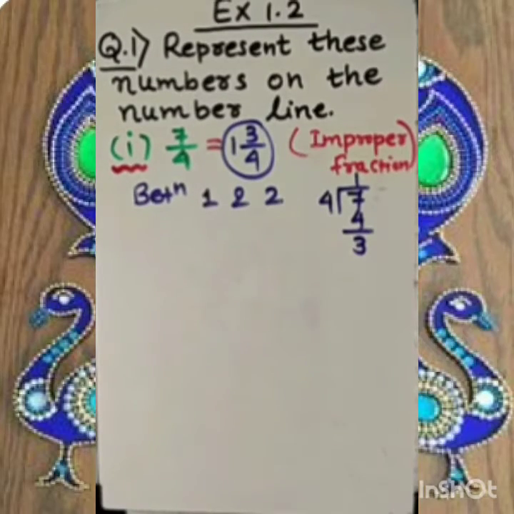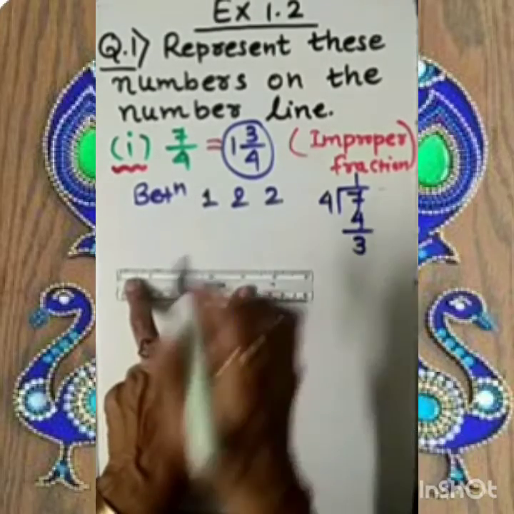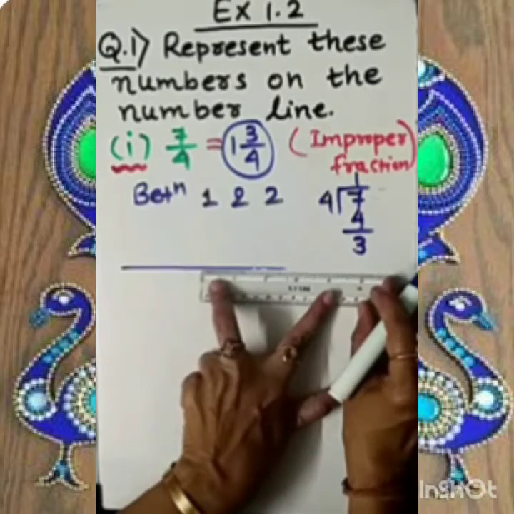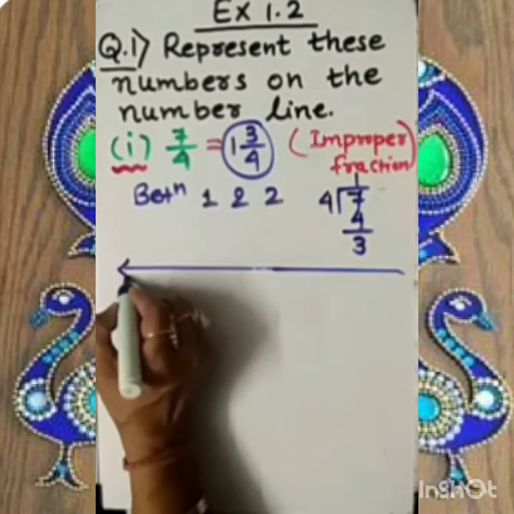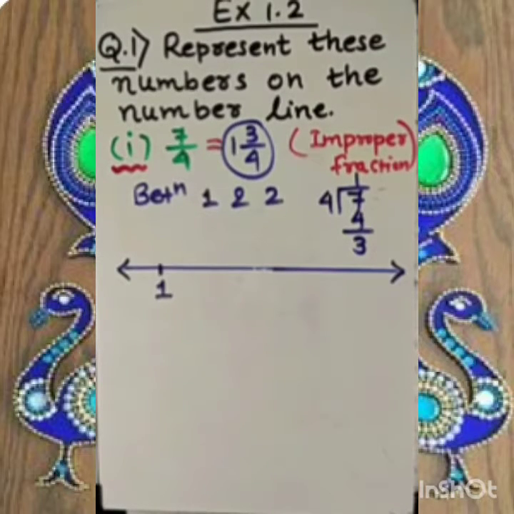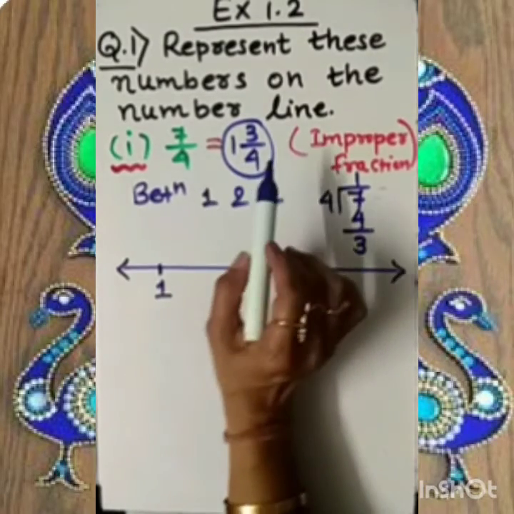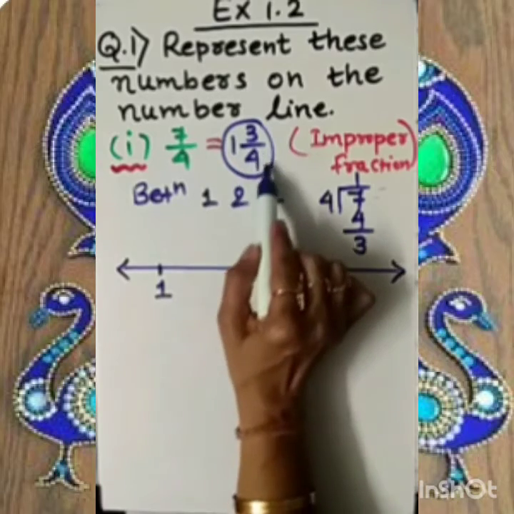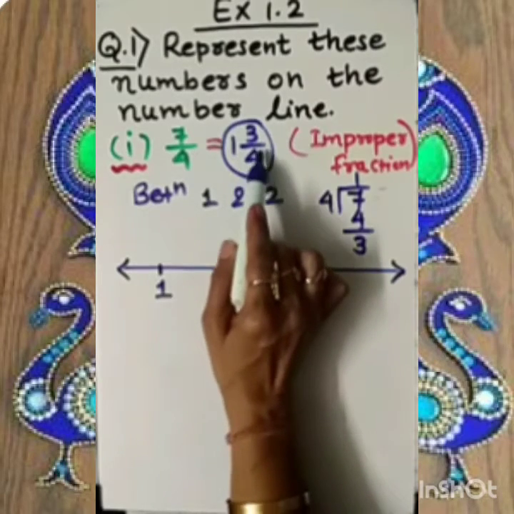Fine. Now dear student, I request you, no need to draw the full number line, and you need not locate any other extra point except this 1 and 2. Fine. Reason behind that, suppose here you are choosing 1. Now the other, because our answer location will be between 1 and 2, so only show that much. Fine. Now think about that. 1 plus something, it will go to the right side, positive. 3 by 4. So total how many parts do we have to locate? 4 equal parts. Okay. Between 1 and 2, how many equal parts do we want? 4 parts.